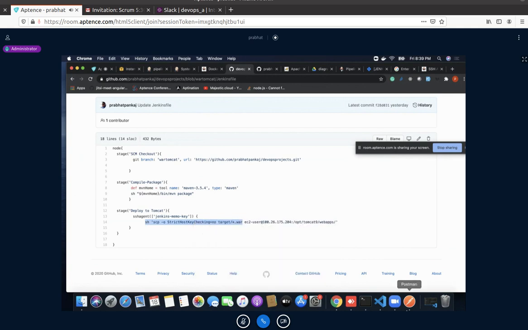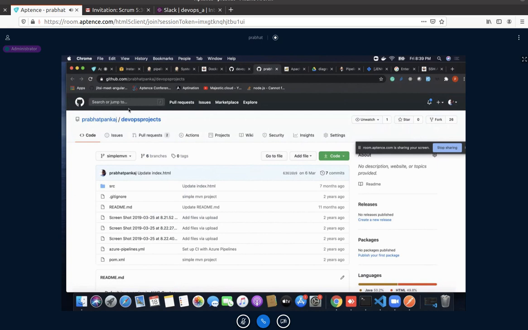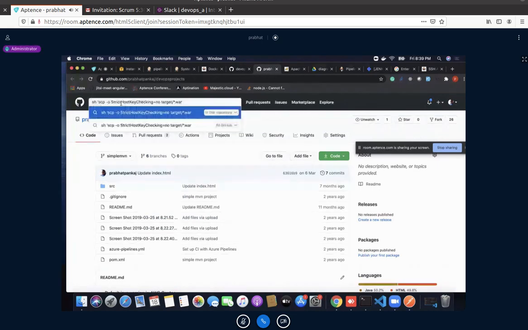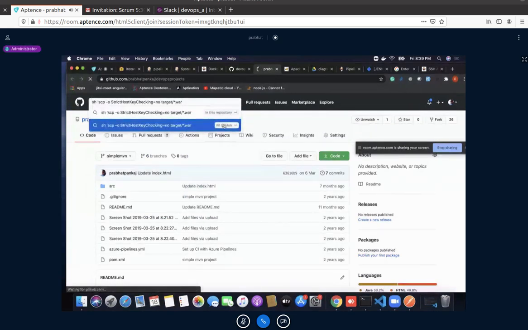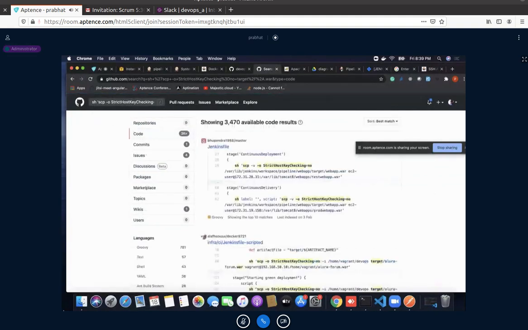If you want to see how other guys are solving this kind of problem, just go to GitHub, search it here, search all GitHub, and then search the code. You would find a lot of guys using this kind of script, and from there you can get an idea how to use this kind of stuff.